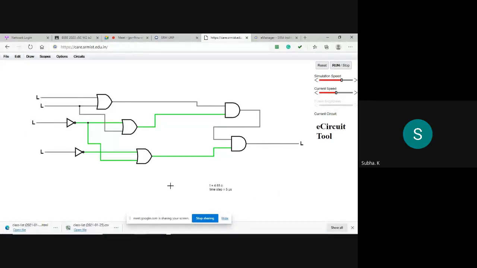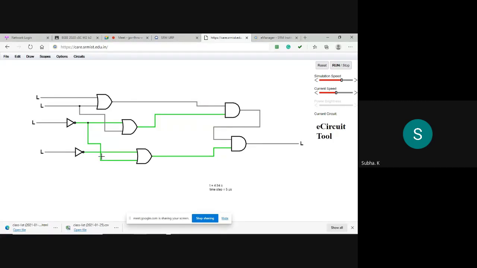Now finally we are going to check the truth table. All are finished with the truth table? All are done? Yes, ma'am. So first combination of A, B, C, D, what are they? Low, low, low, low. That is 0, 0, 0, 0. So you can see A is 0, B is 0, C is 0, D is 0. So what is the output that you are getting? Low. Okay, Y is low.